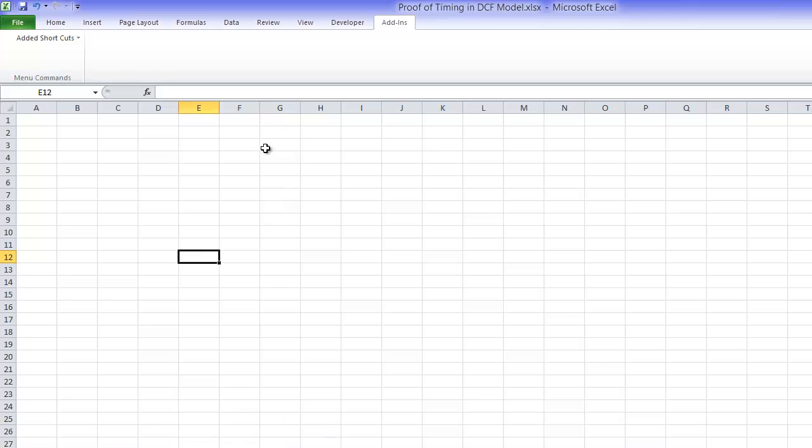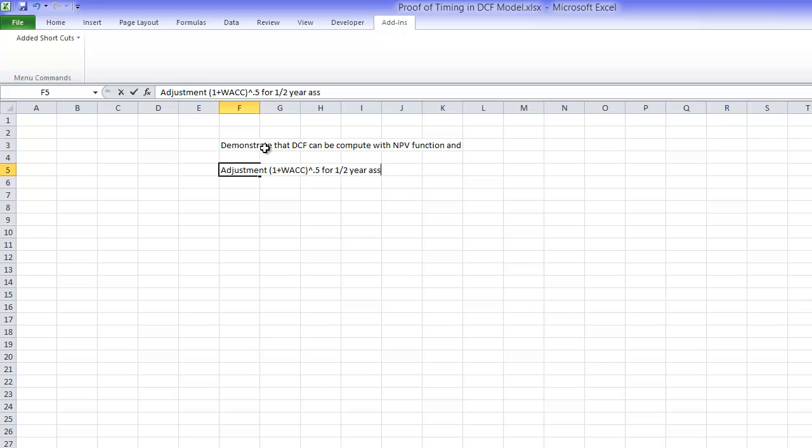And here's what we're going to do. We're going to demonstrate that DCF can be computed with the NPV function, the simple NPV function, and an adjustment for 1 plus the WACC raised to the 0.5 for half-year assumption. Okay, and in order to do that,